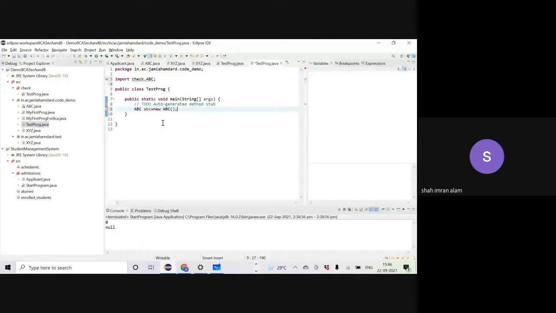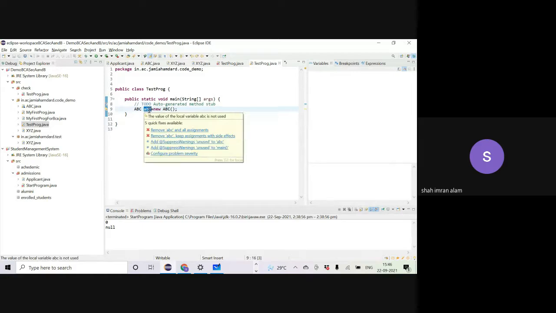Here you do not have to put an import because it's in the same package, and you are also able to create an instance out of it. That means this ABC class is visible here, even though it's default.